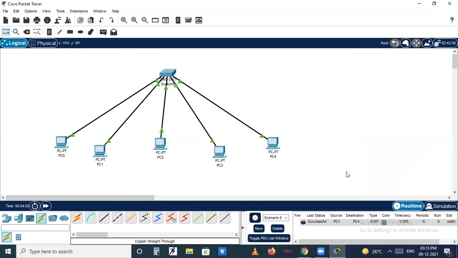Now we will configure the router. Router configuring is a little bit difficult, but no problem. By using a router, we will connect different LANs. First of all, I will create LAN 1 and then LAN 2. The IP of LAN 1 will be different from the IP of LAN 2. Let us suppose LAN 1 is taking IPs from class 1 and LAN 2 is taking IPs from class 3. Then we will start communication from a system in LAN 1 to a system in LAN 2 by using the router. Next practical.